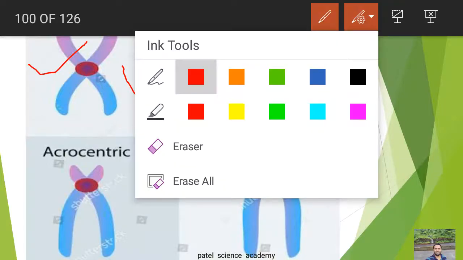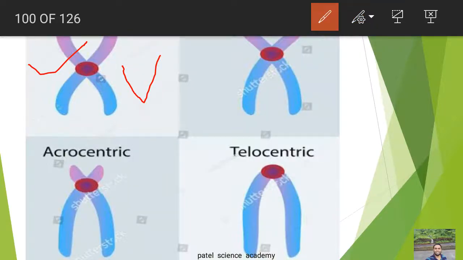submetacentric chromosome. In submetacentric chromosomes, what will happen? This centromere is located some distance away from the center. So this is not the center of the chromosome. This is the centromere present some distance away from the center, and this is called submetacentric chromosomes. And these submetacentric chromosomes appear L shape during the cell division. Then